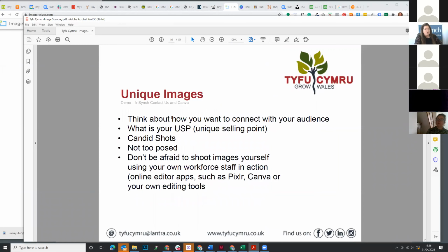So we've talked about quality images. I now want to talk about unique images. So think about how you want to connect with your audience. What's your unique selling point? Quite often candid shots work really well, and we talked about people images earlier. They sell quite well. And don't be afraid to shoot images yourself with your camera, the camera on your phone, I should say. And again, there's lots of free online resource where you can actually play around with these images